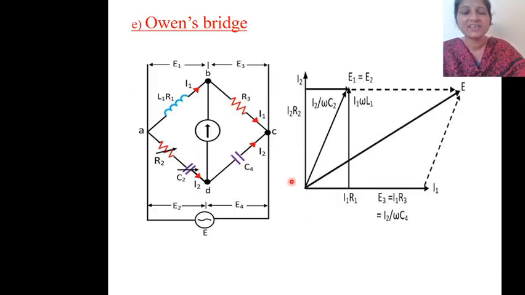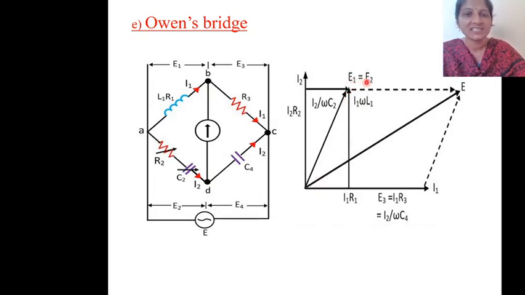Now while drawing the phasor diagram, you need to know E1 is equal to E2, E3 is equal to E4, and E1 plus E3 is equal to the total voltage E. So first, what is E1? E1 is equal to I1 into R1 plus I1 into j omega L1. So first always take I1 as the reference vector. In the same direction I1 R1 will be here, and perpendicularly j omega L1, that means j represents 90 degrees. So draw a perpendicular line. This is nothing but the I1 omega L1 vector. The sum of these two vectors will give you the voltage E1.